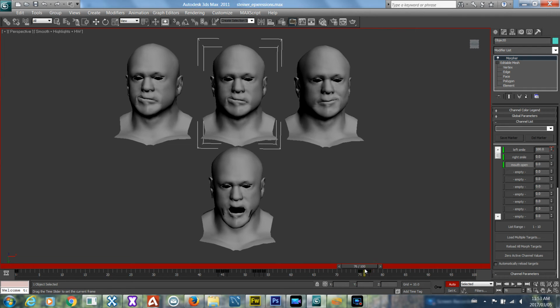You can use this whichever way you need to. It's just a matter of adjusting the parameter values that you have specified. So we have 2 smiles and we have a mouth open. Alright, so what we're going to do now is use a script to export the expressions that we've just done. So we're going to say MAXScript, run script,